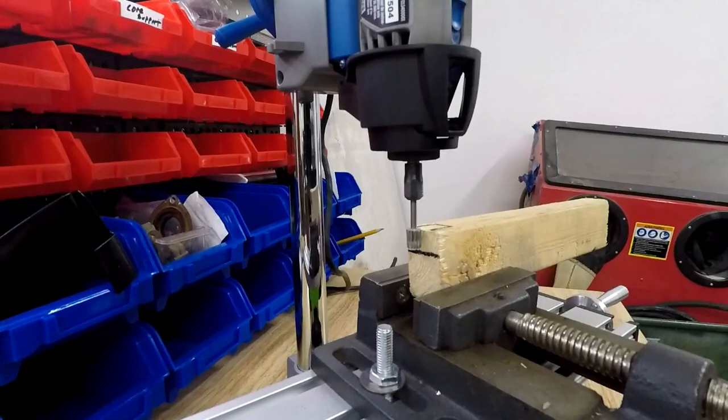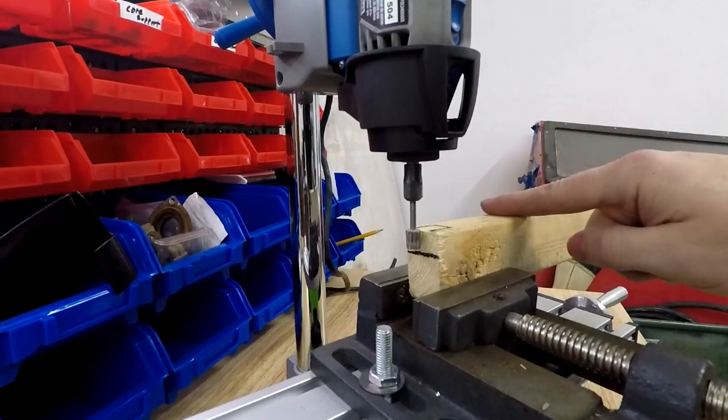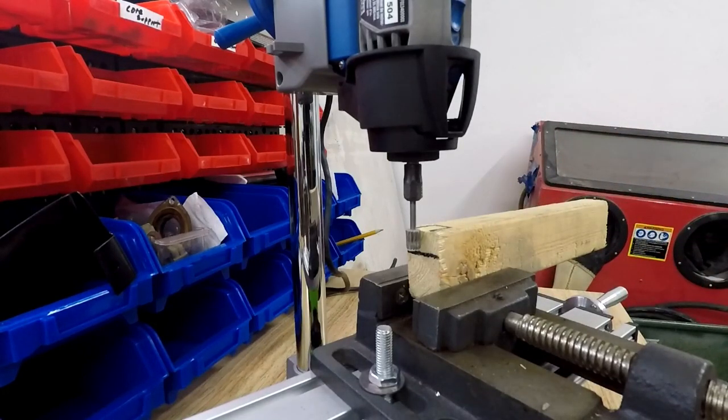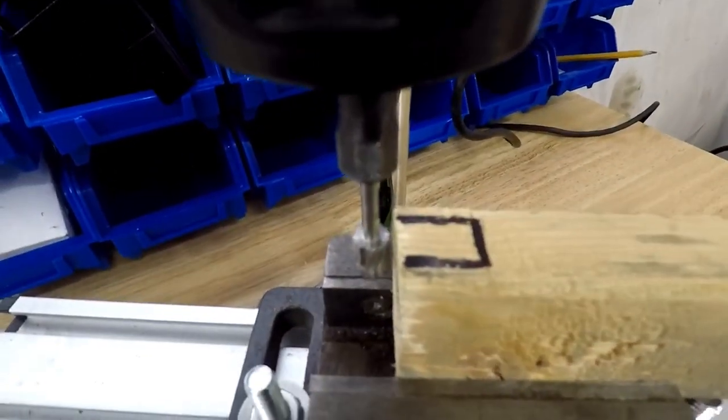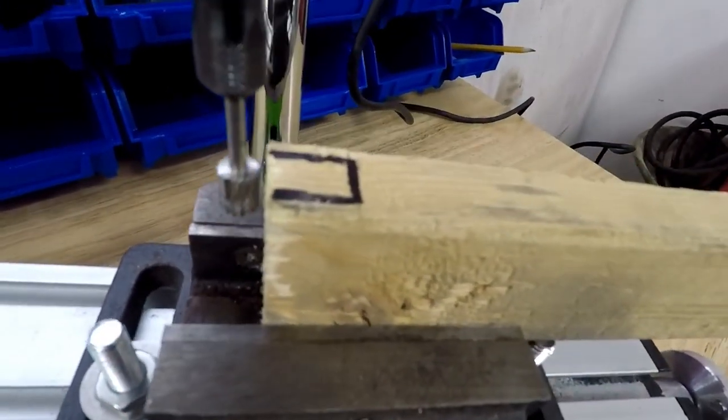Alright guys, so we're going to do a quick little test for our Dremel mill. So what we're going to do is cut this little piece of wood to make a selfie stick for my new GoPro. I'm going to use this until mine comes from online, but this will just do a quick demonstration of how to mill out a nice little pocket here. We're not going to go very deep, but this will just be deep enough to